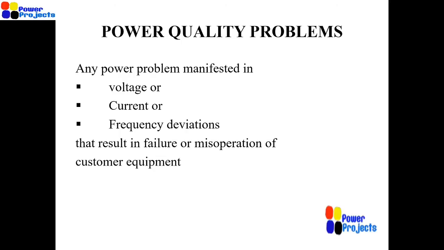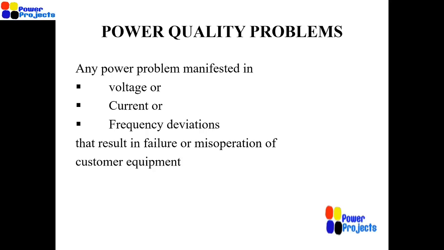So what are the power quality issues that can occur in voltage, current, frequency, power, everywhere. With respect to the voltage, the wave shape can change from pure sinusoidal to non-sinusoidal. The voltage magnitude can come down or increase, for a very short time or for a longer time. Based on what the change is and what the duration of the change is, this can be classified as sag, swell, over voltage or under voltage.